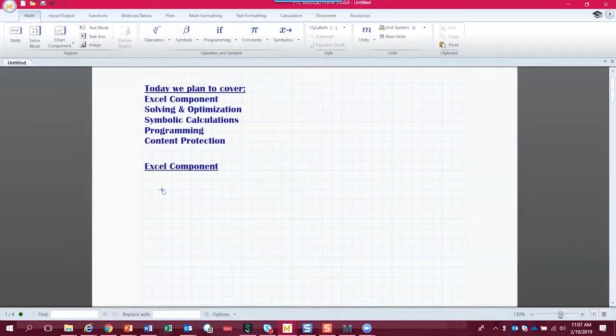To get started, we're going to start with the Excel component. I'm going to talk about the feature, show you where it is on the user interface, and then we're going to go through an example of how to create it and how to use it. The Excel component essentially lets us embed an Excel spreadsheet inside the Mathcad document. So we're not necessarily linking to an Excel file, we're embedding the Excel object, the Excel spreadsheet, inside the Mathcad